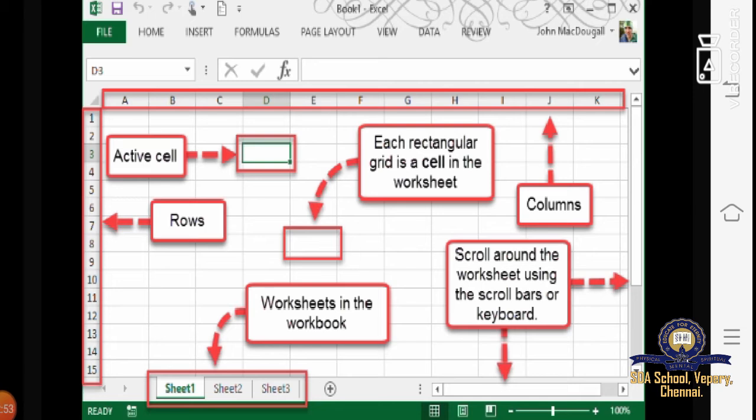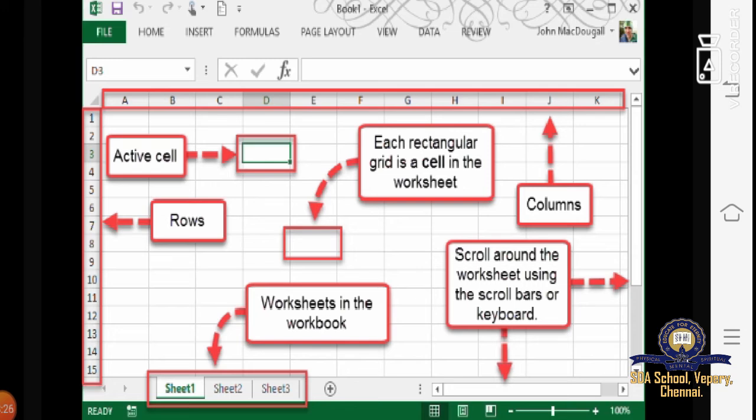In other words, a worksheet is the main document used in MS Excel 2007 to store and work with data. A worksheet consists of rows and columns. The columns are the vertical divisions and are lettered A to Z, followed by AA, AB, AC, AD and AE. The rows are the horizontal divisions.